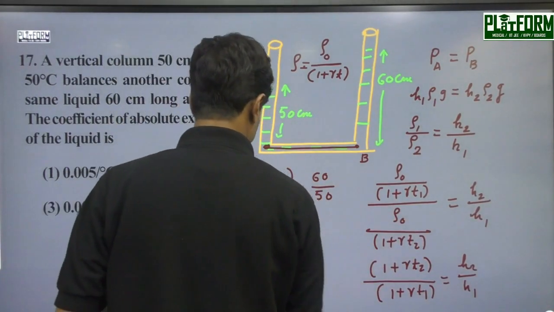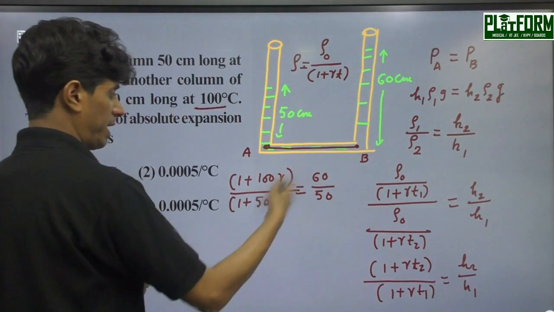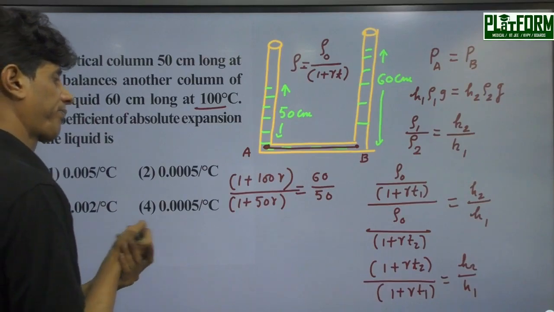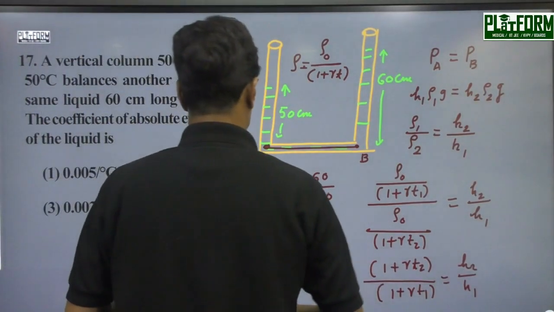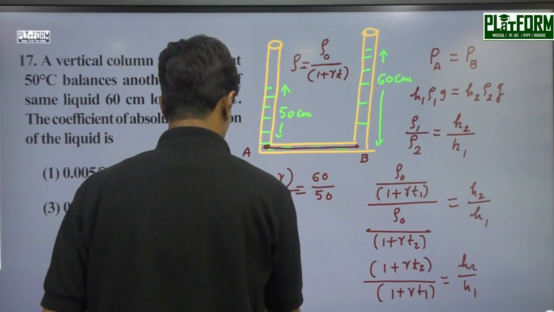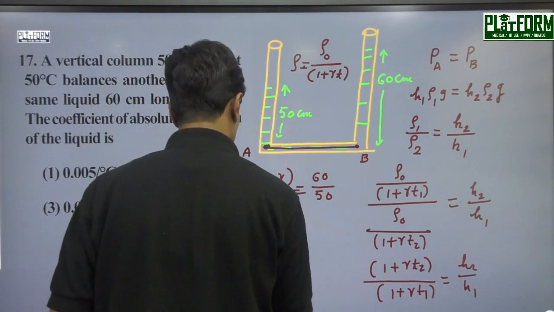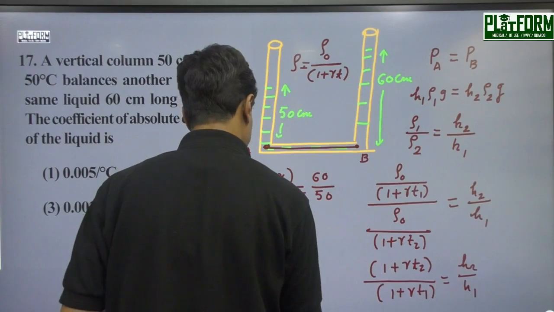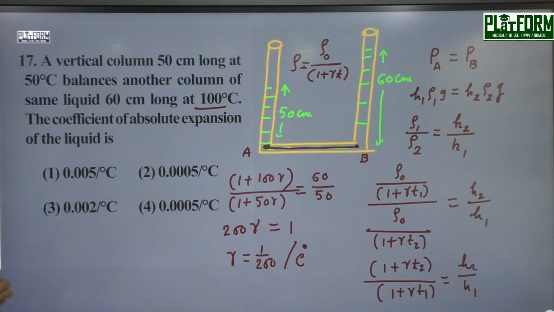So by simple calculation, 200 gamma equal to 1, or gamma equal to 1 by 200 per degree centigrade. Right option is 1. Next problem,